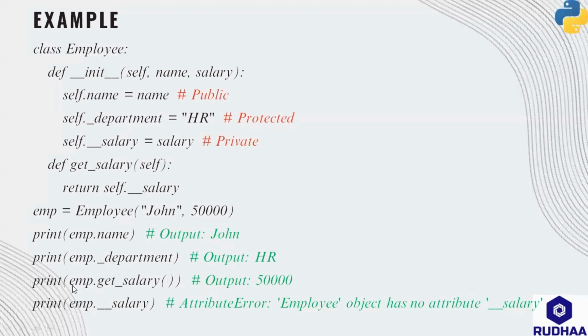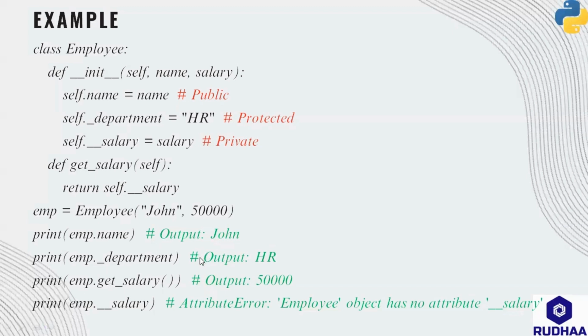So print of emp.get_salary. The output salary will be printed. Print emp.__salary. So here we have double underscore of salary. Since we are using double underscore, whereas before we used a single underscore,